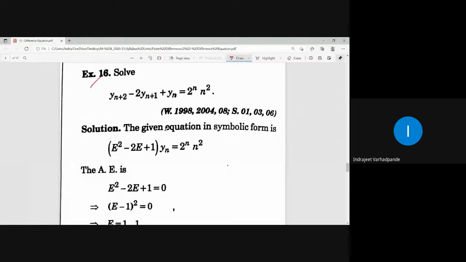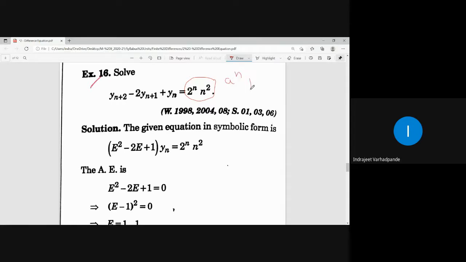The next category of examples relates to the various cases of the difference equation. So we now switch over to the last category of problem, wherein in the RHS we come across the product form, right? So in case number 4, as per our introduction,